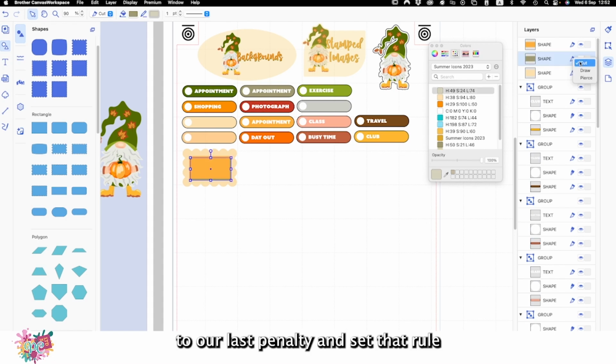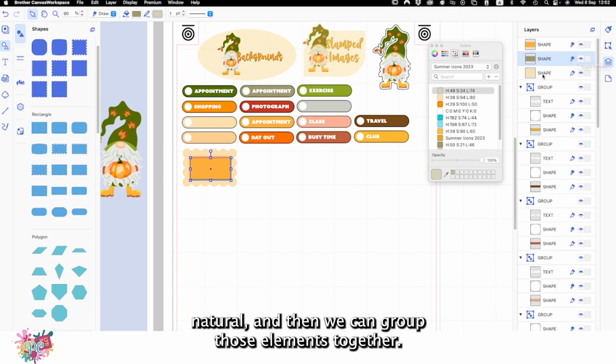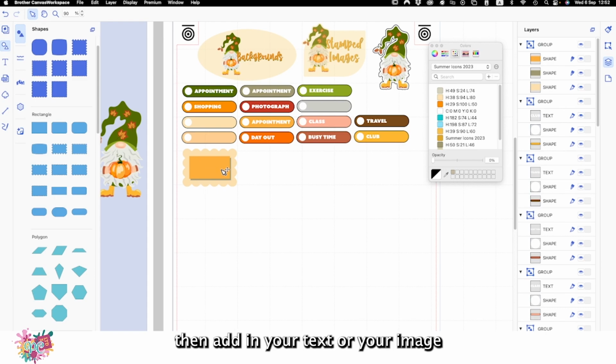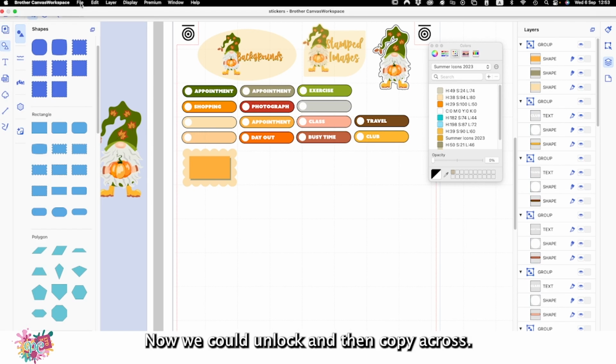Going back to our layers panel, we're also going to set that to draw and that to draw, and then we can group those elements together. So that's Command G or Control G on a PC, and job done. You can then add in your text or your image to finish off that layout. So we've locked our little gnome there. Now we could unlock him and copy him across, but let's go back to